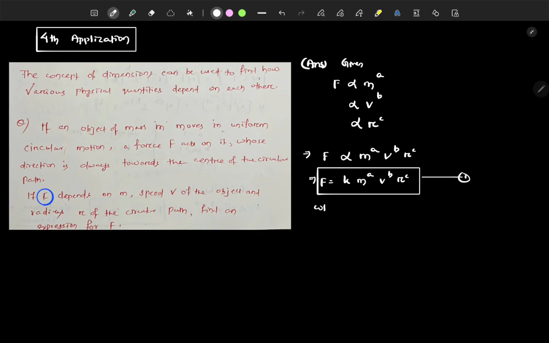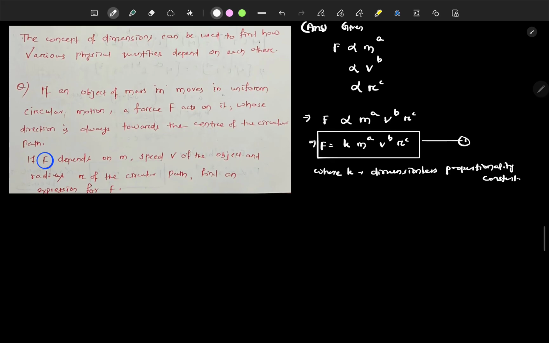This is your equation 1, where k is a dimensionless proportionality constant. Then what you have to do? You have to apply the principle of homogeneity. What does it say? Dimension of LHS equals dimension of RHS. So we have to write it that way. Applying the principle of homogeneity,